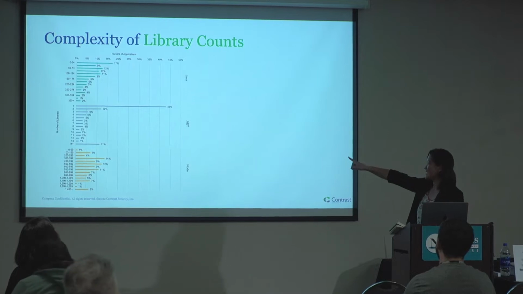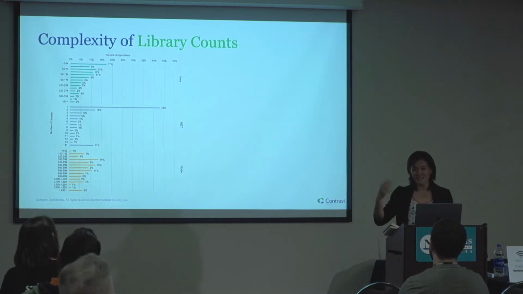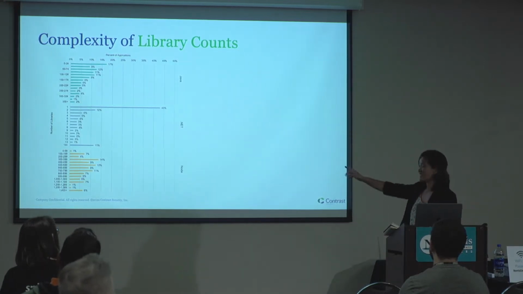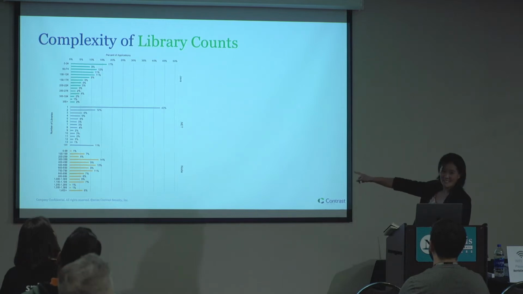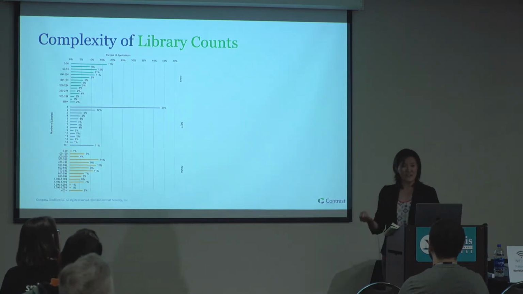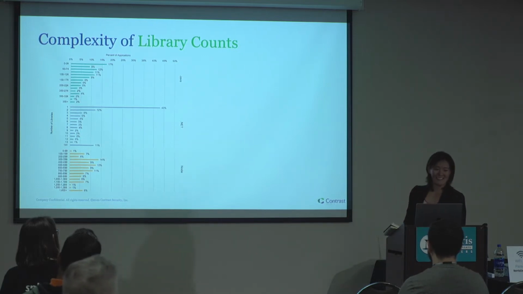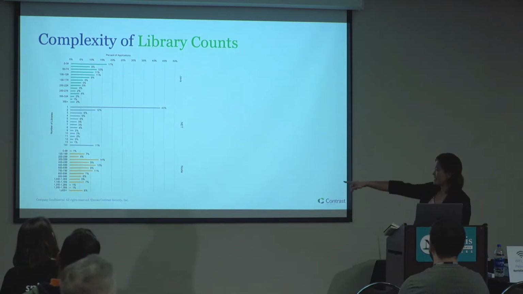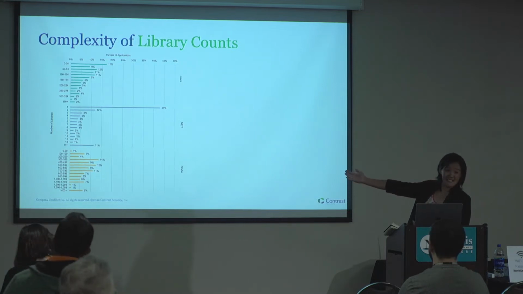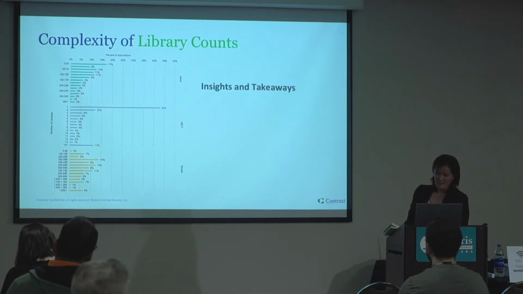So 43% of .NET, and this is because it's a closed ecosystem. Java, you just got a lot more. Java bundles everything together and be like, here's Spring, and then you're like, OK, I can build all the things. But like .NET, you really can just do basic stuff. Node here, and this is interesting. Who's ever done a Node project? Yeah? Is it not true where you want to do one thing, and then you need to download 500 megs of dependencies, right? You're just like, this is great. My package is going to be so small. No. Sorry. So that's the idea. Like the averages over here have almost over 1,000 on average for Node applications. And that's crazy. But some of the insights there.